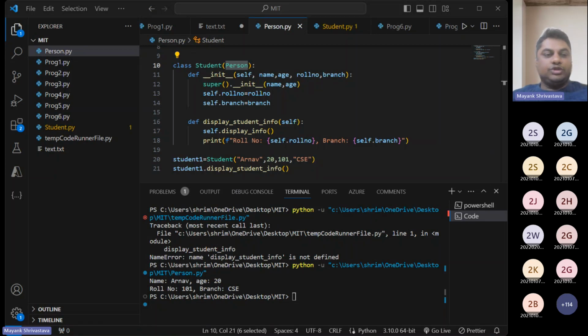So after inheritance, one should look into polymorphism, right? When it comes to polymorphism, as discussed yesterday, poly means multiple, morph means form. So polymorphism basically means multiple forms, right? There are several ways to achieve polymorphism in Python. This includes